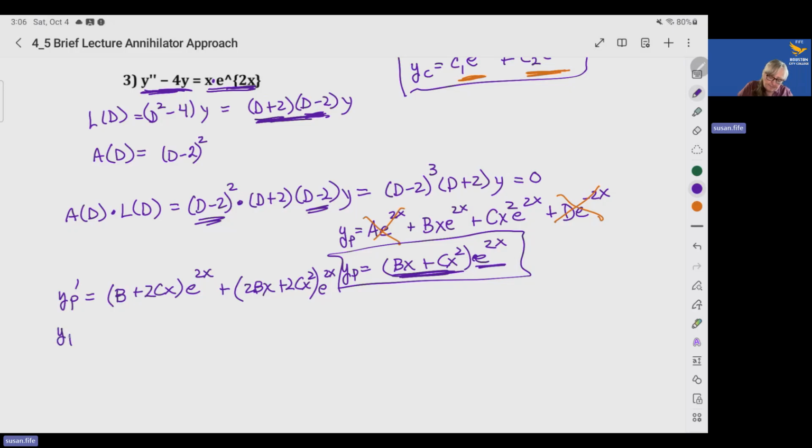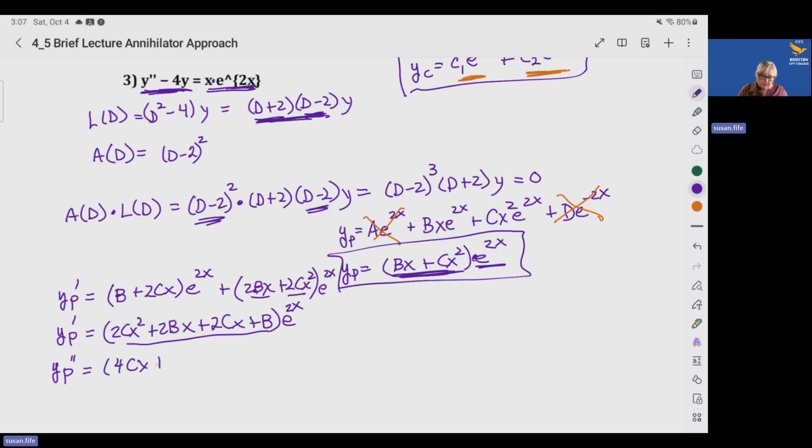And I'm going to combine that. I'll start with my 2cx squared. And then I have a 2bx and a 2cx and a b, all multiplied by e to the 2x. And then I'll find my second derivative. I'll take the derivative of everything inside of the parentheses, and that's going to give me a 4cx plus 2b plus 2c, and the derivative of b drops out, times e to the 2x, and I'm going to get smart this time and just put that there,